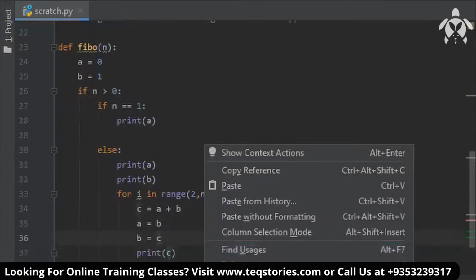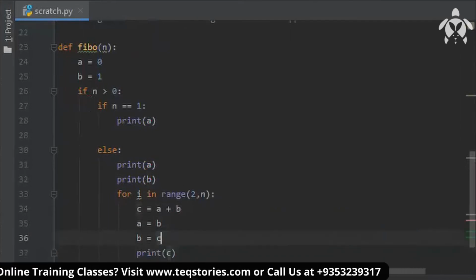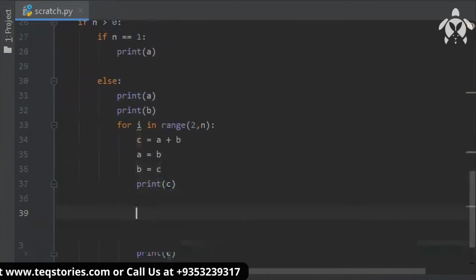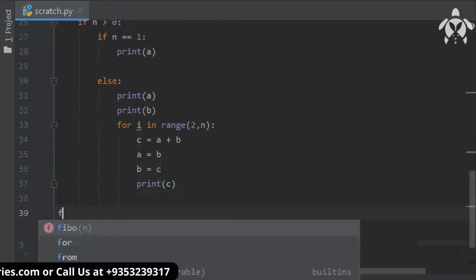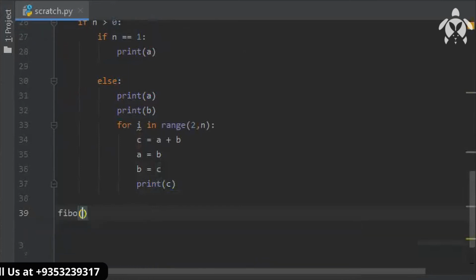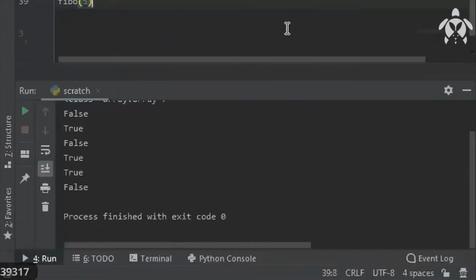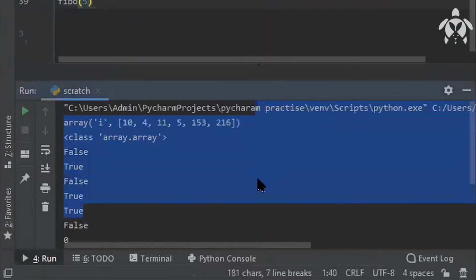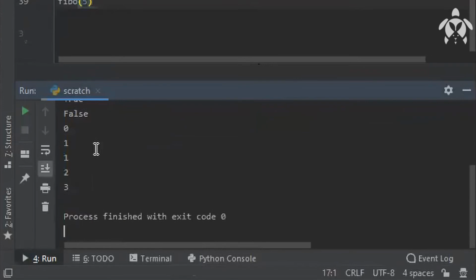Run the code. This got executed but I have not called it. So if I call it then only it will run. So I'll call fibo by passing 5. You'll get the output 0, 1, 1, 2, 3. So you have a Fibonacci series with 5 numbers.